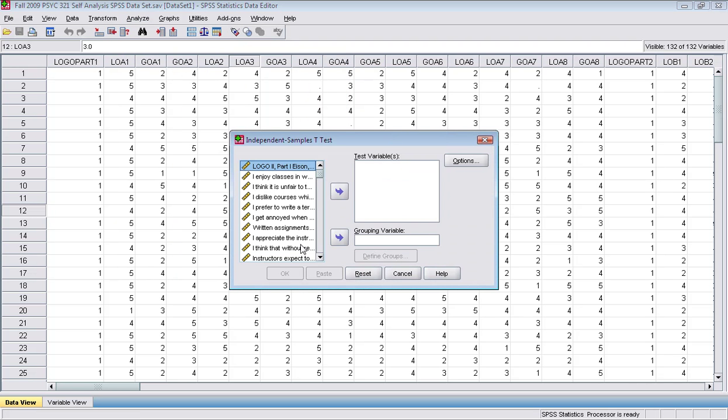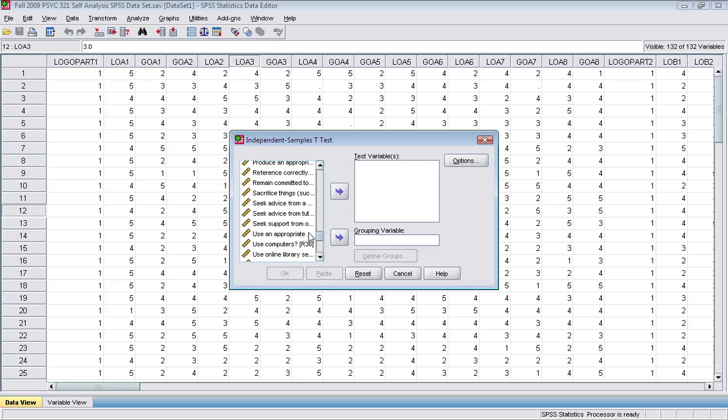In this left frame, as we're accustomed to, you're going to have all the possible variables in your data set that you've got in front of you. But over here, this is interesting because now you've got to know what you're doing. For example, the independent variable is actually going to be called the grouping variable in this little dialog box, and the dependent variable, or you could have more than one variable, is going to go here where it says